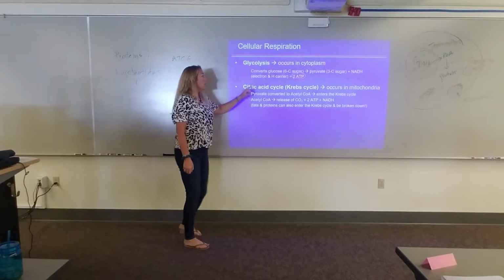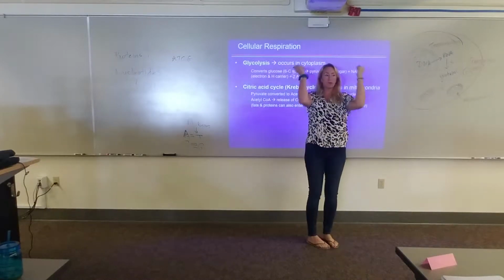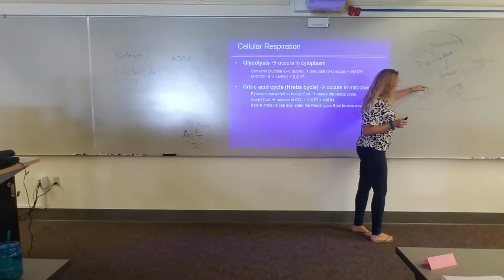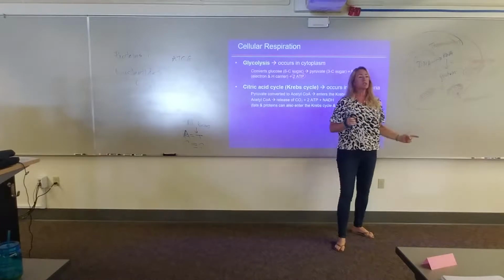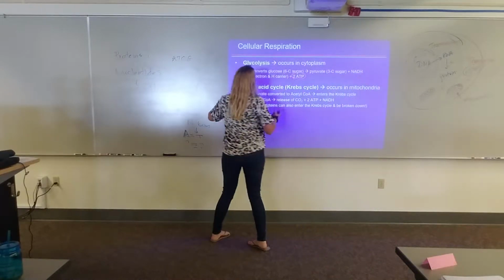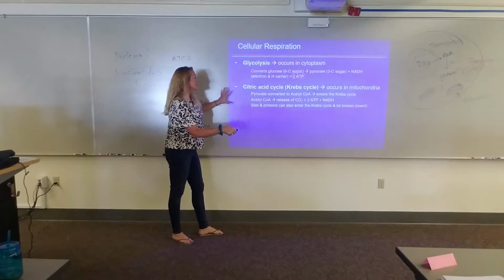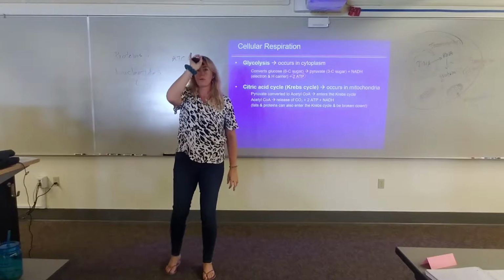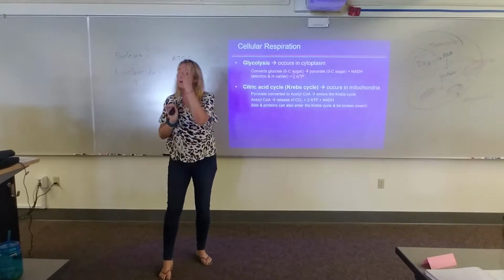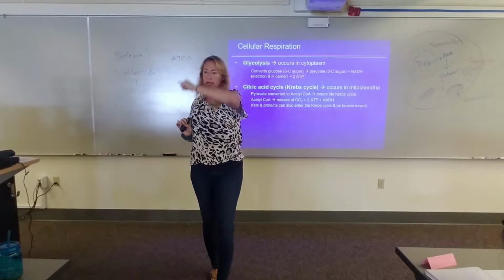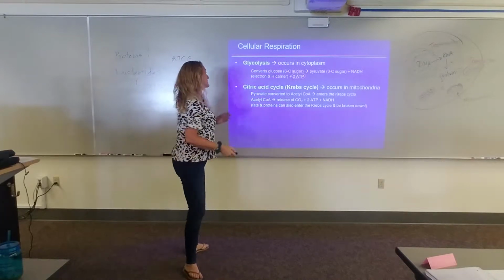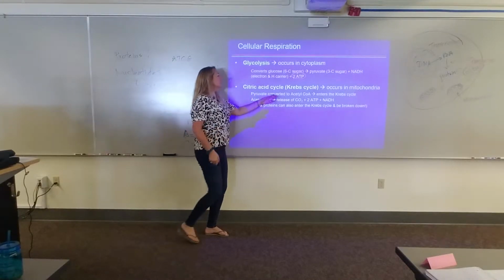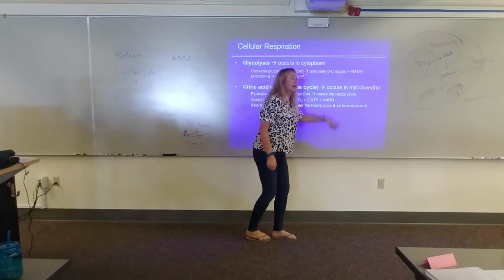Now the Krebs cycle. This pyruvate, you split glucose in half, and now it's 2 3-carbon little sugars, actually funnels right into the mitochondria. So this pyruvate goes into the mitochondria, and there it goes through a series of steps. It's a cycle of an enzymatic or metabolic pathway where this gets converted to that, gets converted to that, all by different enzymes in a whole circle or cycle called the Krebs cycle or the citric acid cycle. So pyruvate gets converted, it enters the Krebs cycle, acetyl-CoA releases CO2, 2 more ATP, and an NADH, which carries